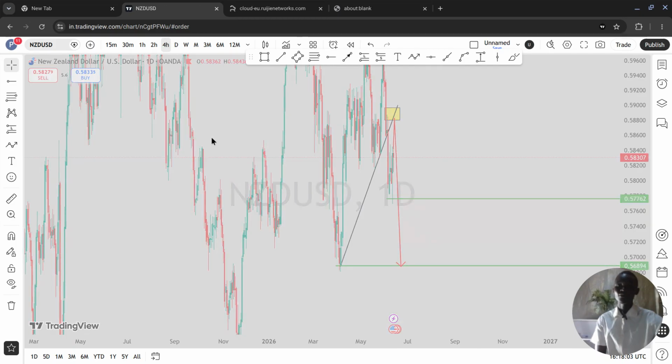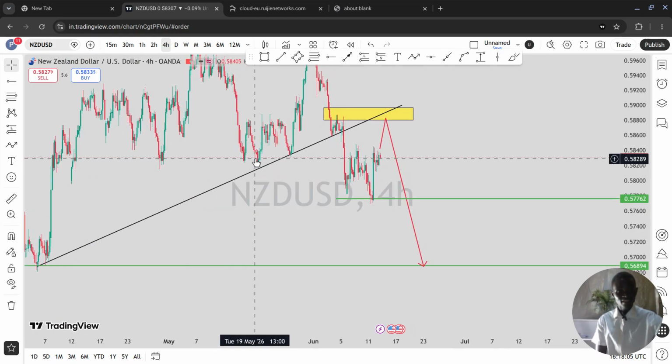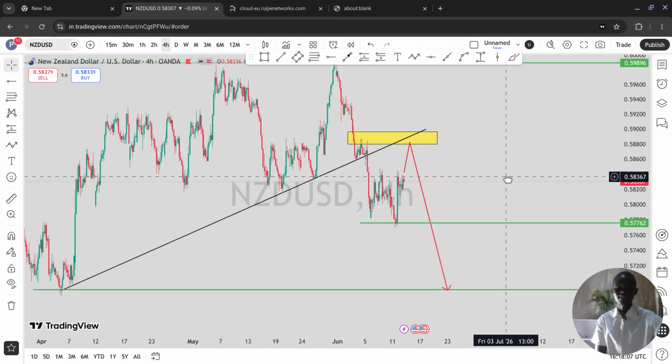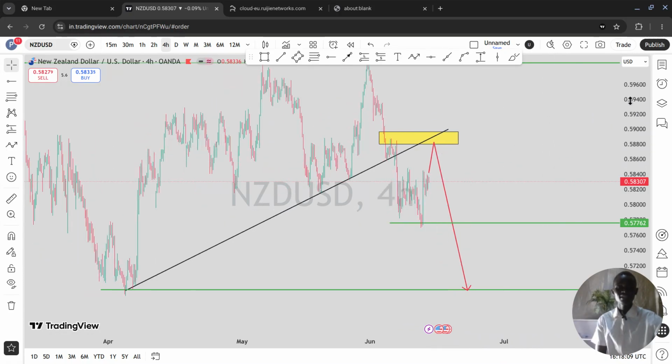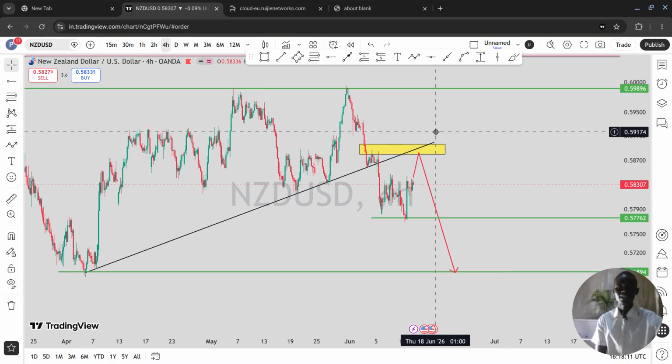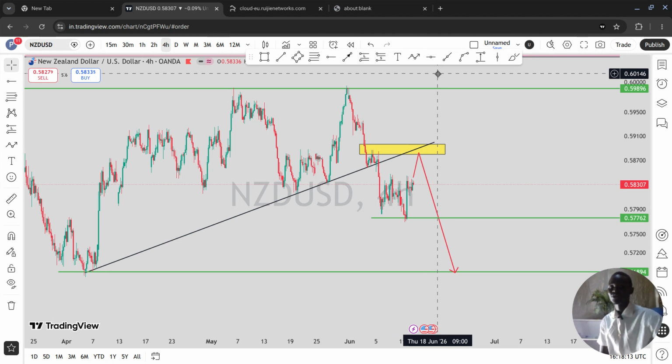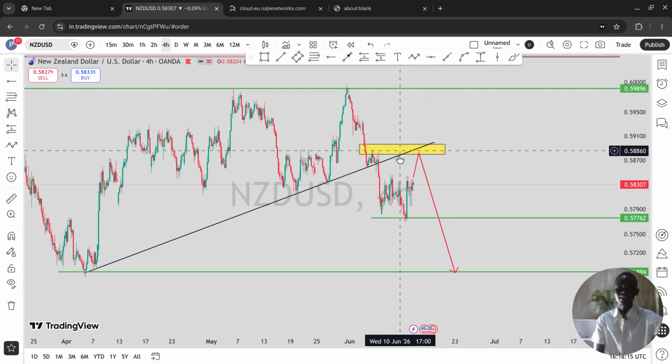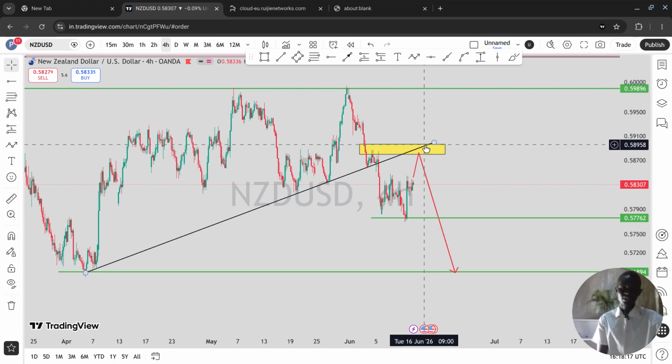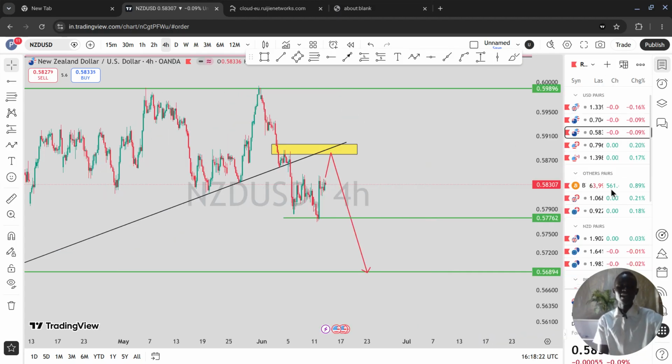What I'm planning to do only works if the market does what I said, because the market can easily break out of this yellow zone and then continue going to the upside. We don't know what might happen, but this is my plan for this bearish trade, guys. This is for the NZDUSD. The second trade that I have is